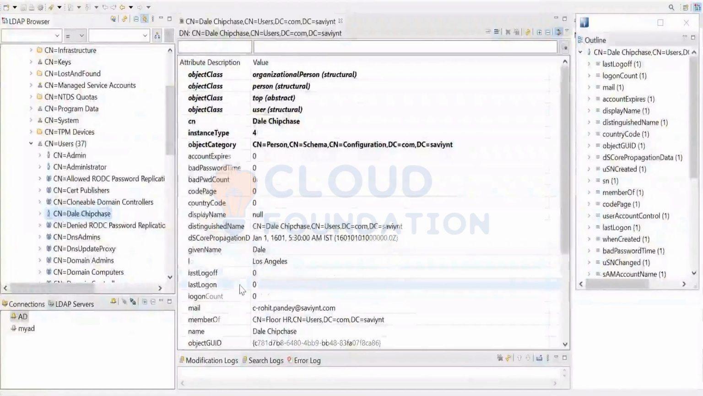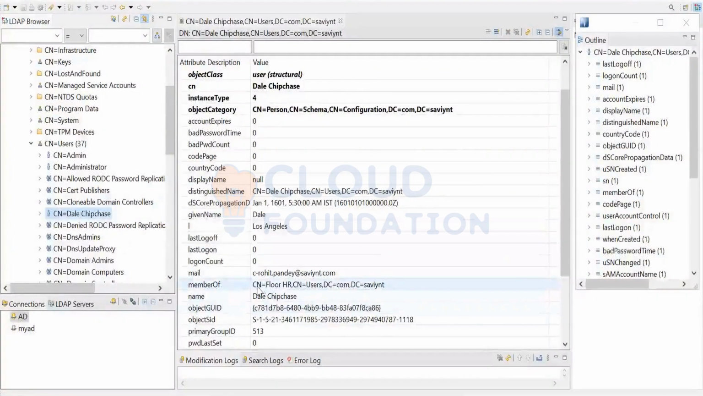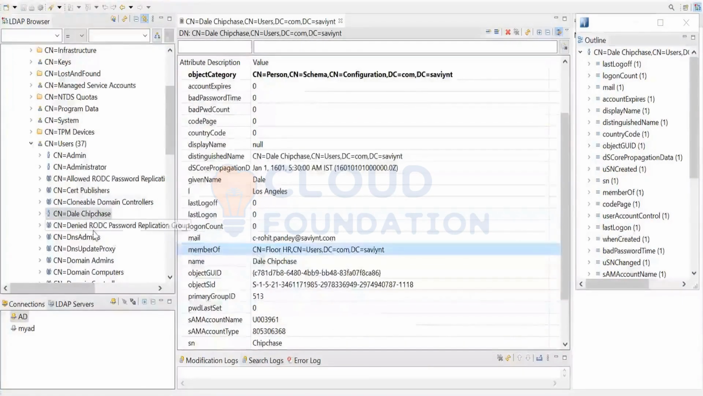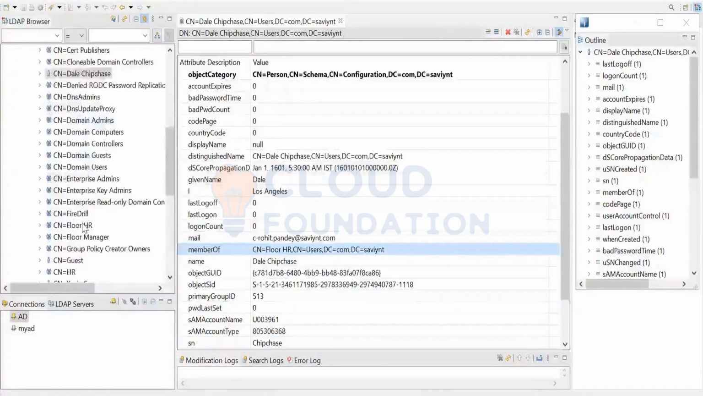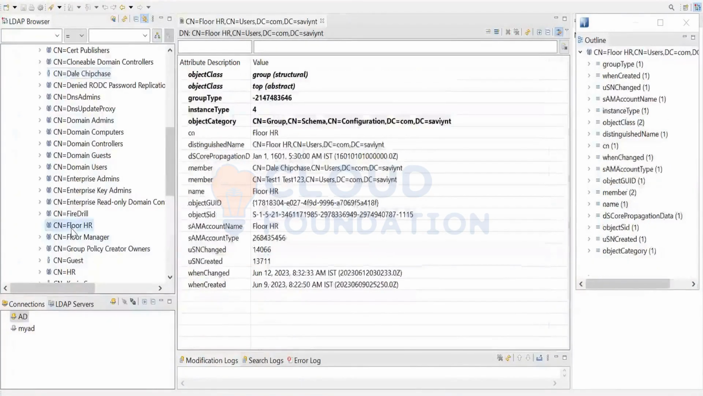And you can see this user is a part of your CN equal to floor HR. This is the member of attribute. You can see this is a member of. Now this attribute, you can view the same information if you click on this, CN equal to floor HR. This group, if I expand it and click on HR,